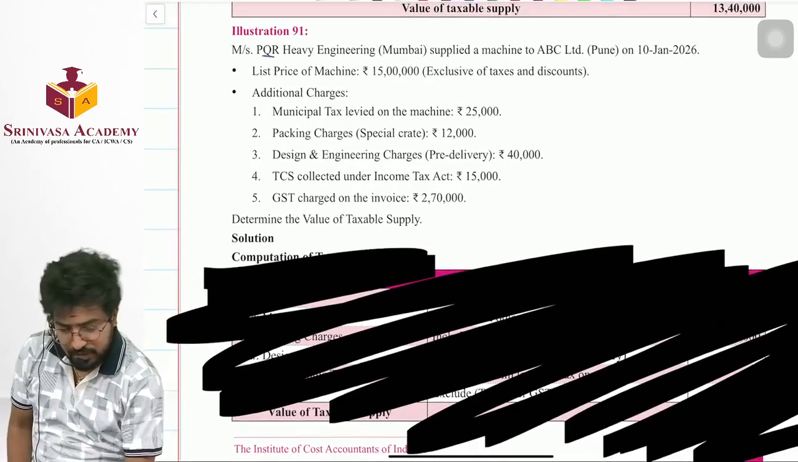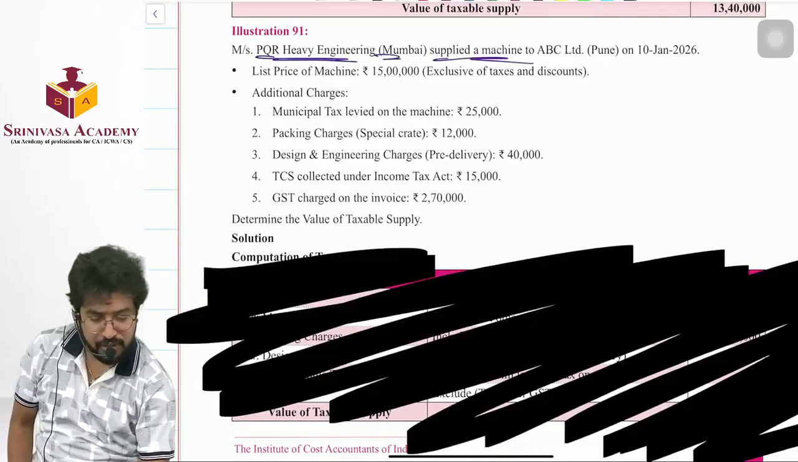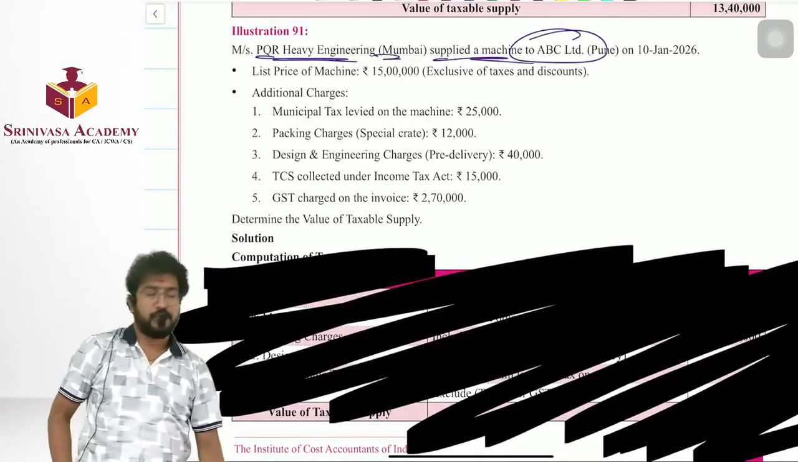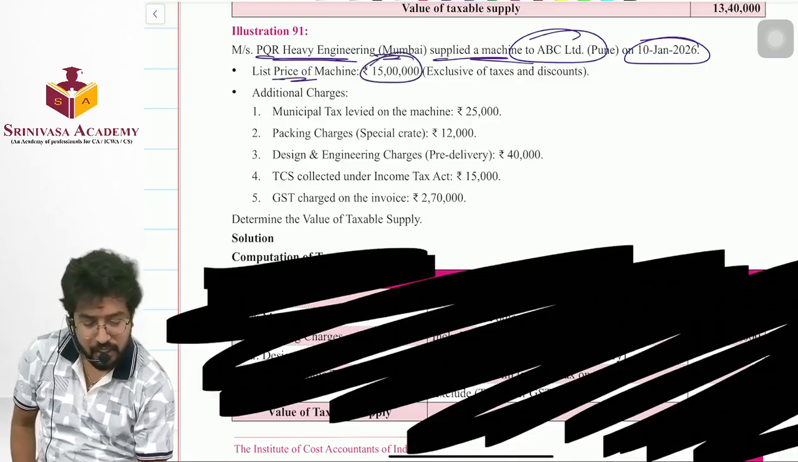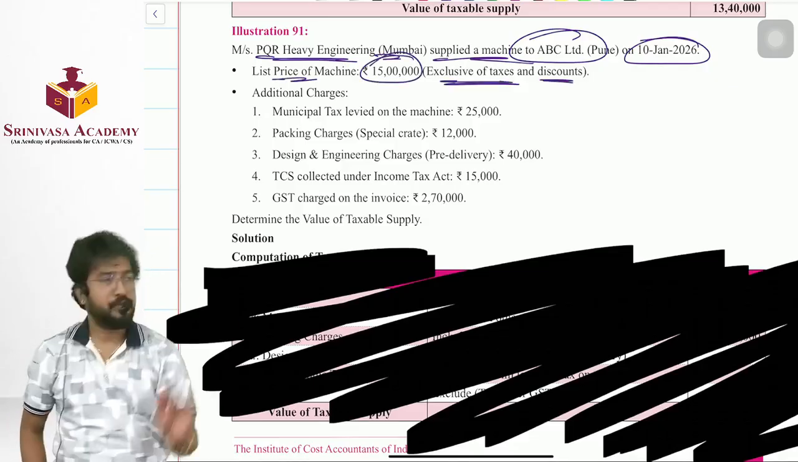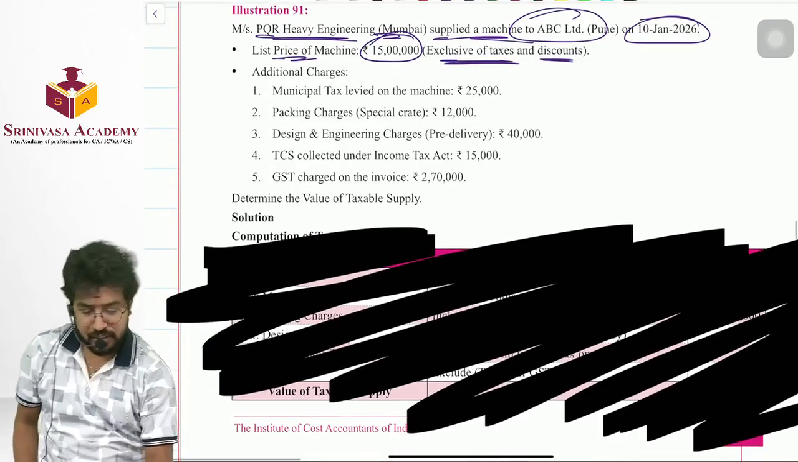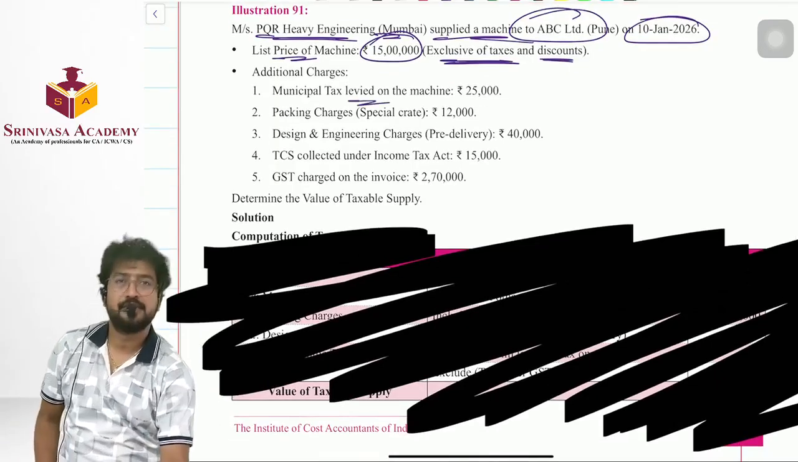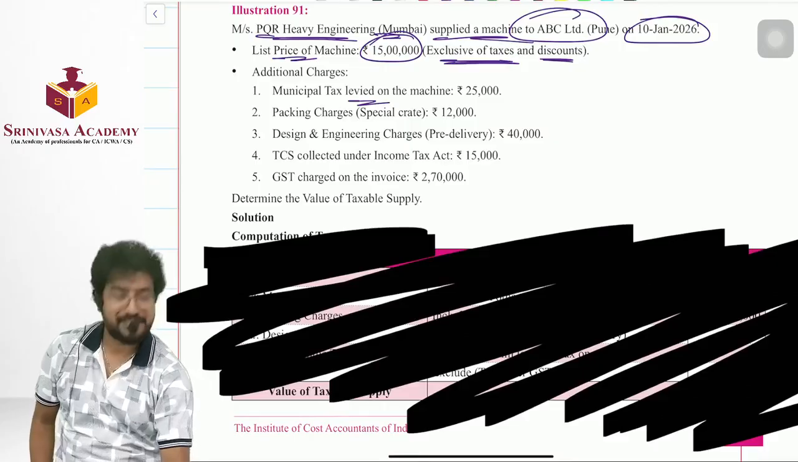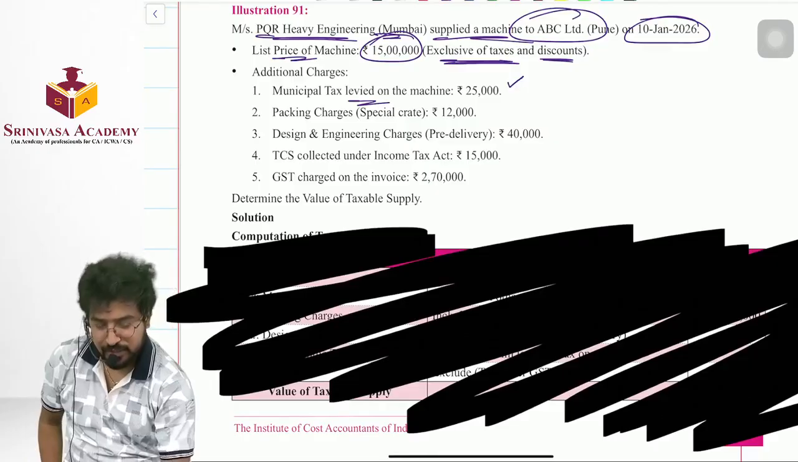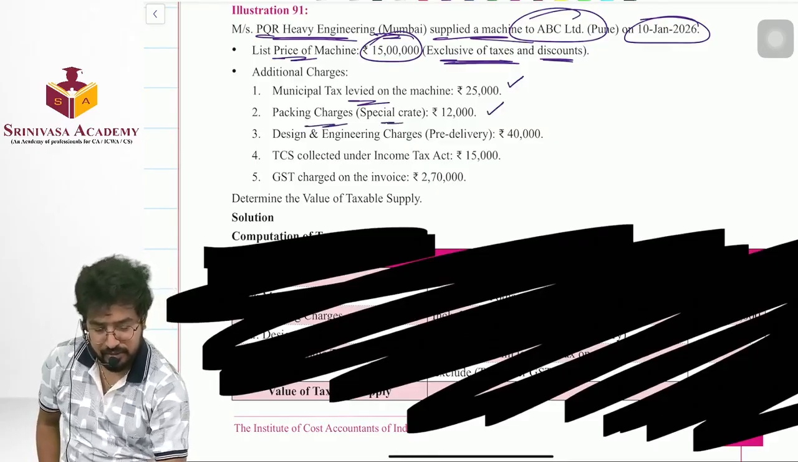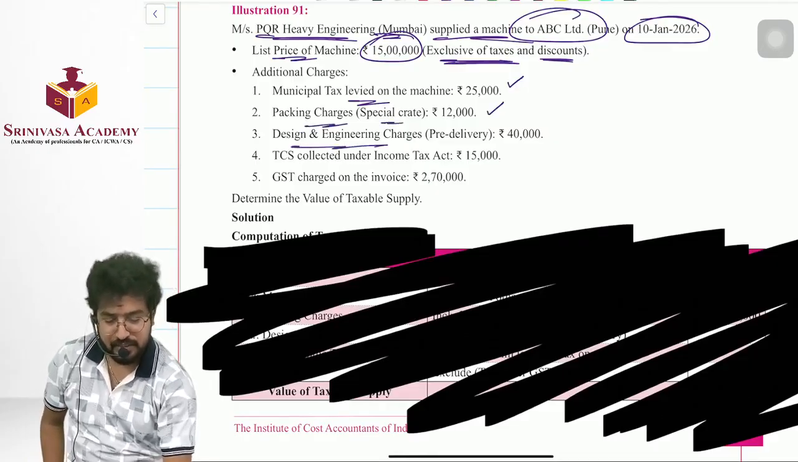PQR Heavy Engineering, Mumbai, supplied a machine to ABC Limited, Pune on 10th Jan. List price is 15 lakhs exclusive of all taxes and discounts. Additional charges: municipal taxes, what should we do? Add. Okay. Next, packing charges, special crate, design and engineering charges, pre-delivery,